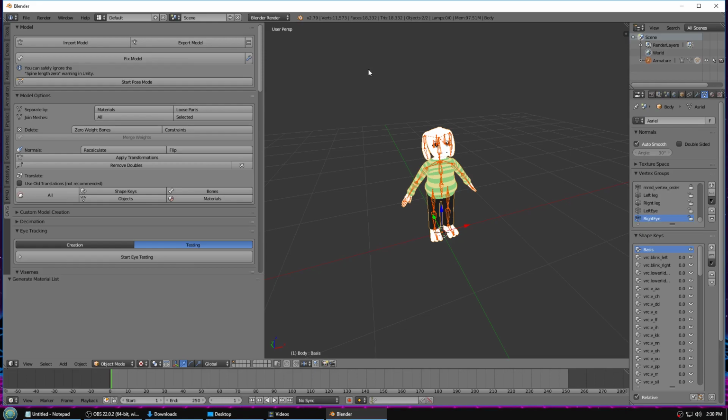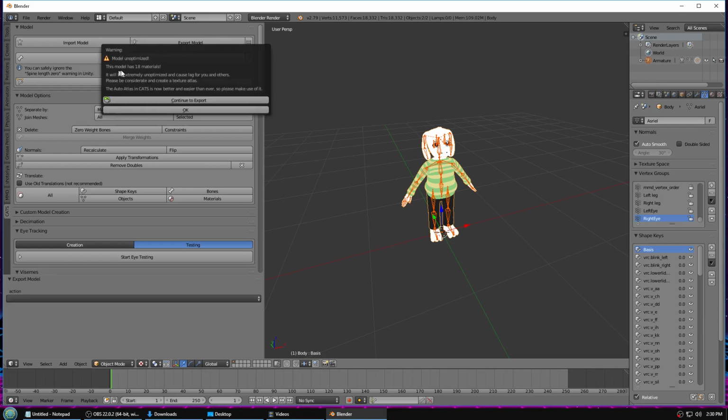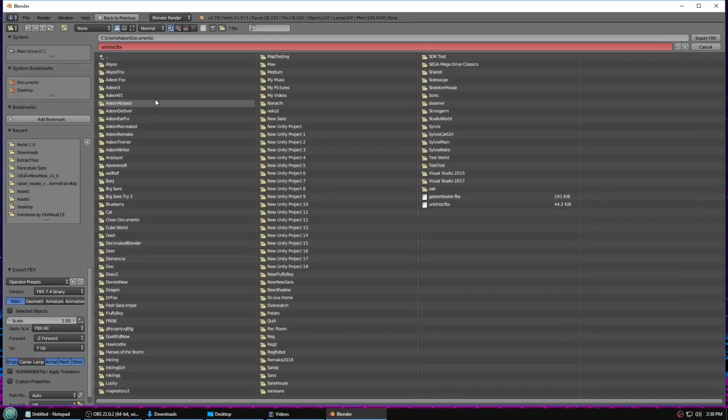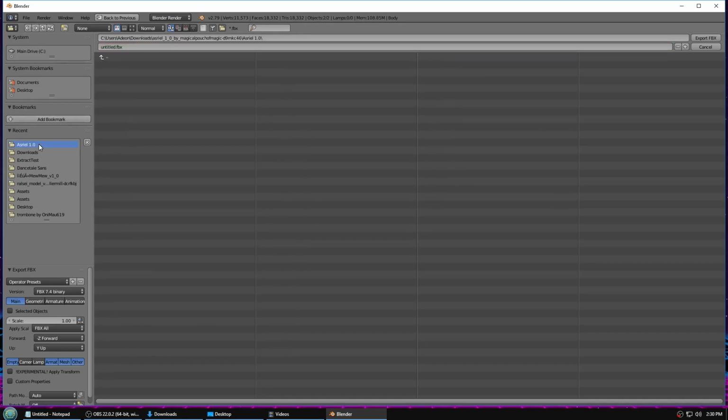So next, we're just going to export our avatar. We have eye tracking and we have mouth movements. That's usually good enough. So export model. It's warning us that we have too many materials. Again, that's something you'll want to look into, but for this tutorial, I'm just going to skip it. So continue to export. And you want to make sure you save it in the same exact place that you imported it from. So you want to save this FBX file that you're exporting